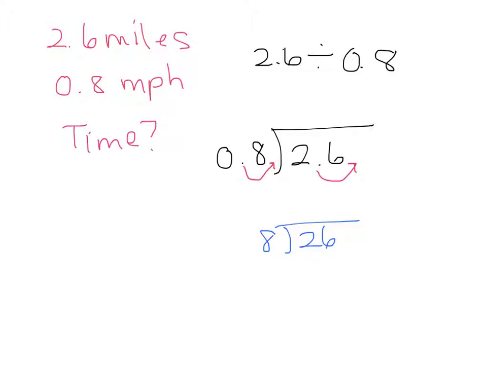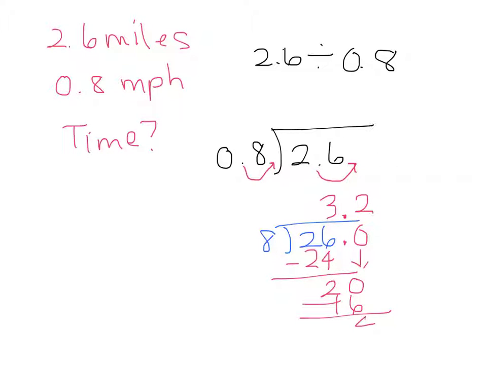So how many times can 8 go into 26? 3. I get 24. Subtract, I get 2 left over. Now, I don't want a remainder, so I add the decimal and add a 0. How many times can 8 go into 20? Don't forget the decimal on top. 16 gives me 4. Add another 0. How many times can 8 go into 40? 5 times. So my answer is